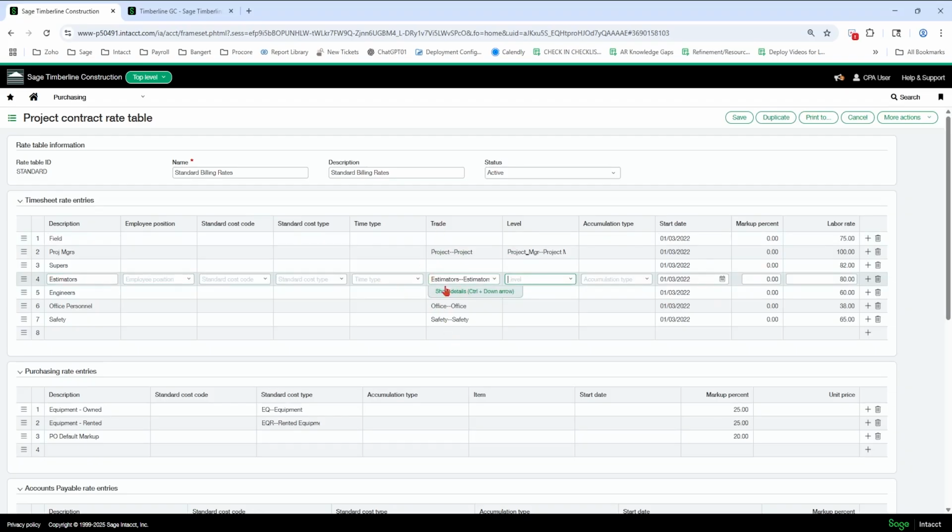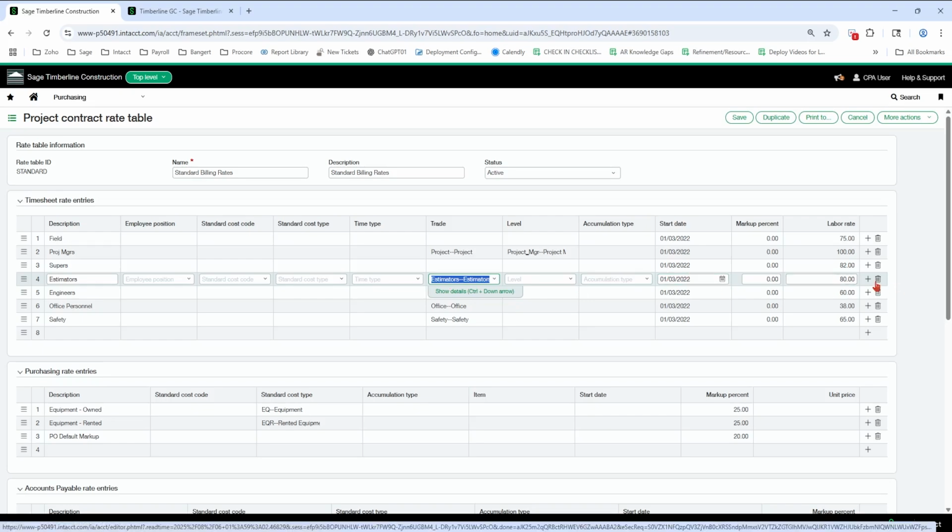So I've got estimators as my trade, and I've got an $80 an hour labor rate markup. So for every hour that my person charges time and they have the trade estimator on their payroll record, their time record, then that is going to get marked up to $80 an hour when the billing is done.